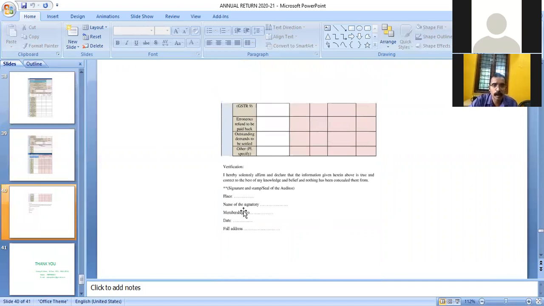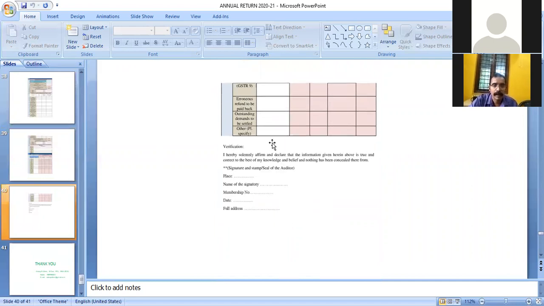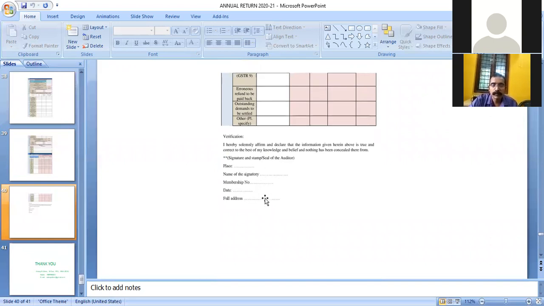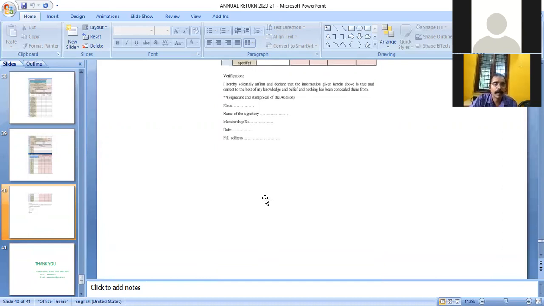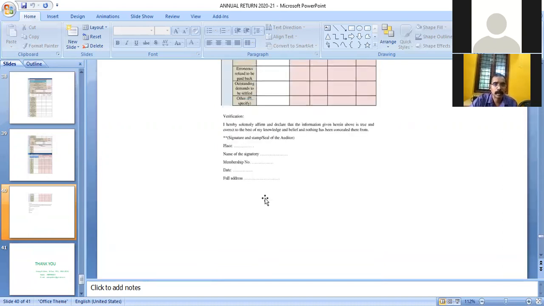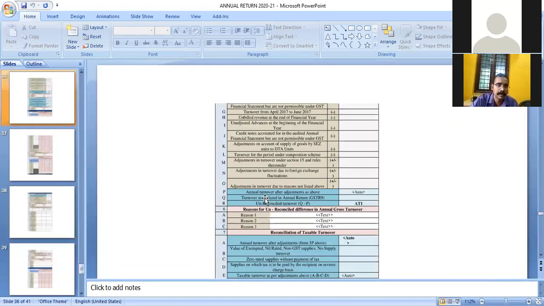And verification by the auditor is also not necessary. Now it is irrelevant. Earlier, GSTR 9C had to be certified by the auditor. Now the audit requirement has been done away with. The GSTR 9C can be self-certified by the taxpayer and uploaded on the GST portal. That is all about GSTR 9C for the financial year 2020-21.